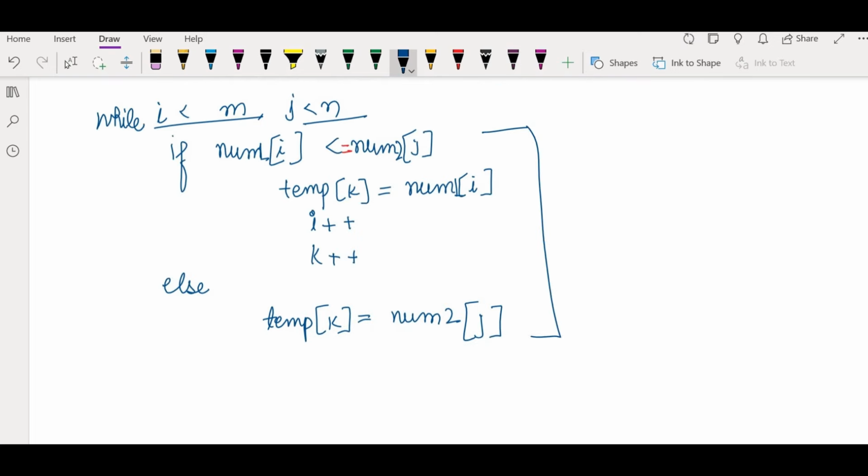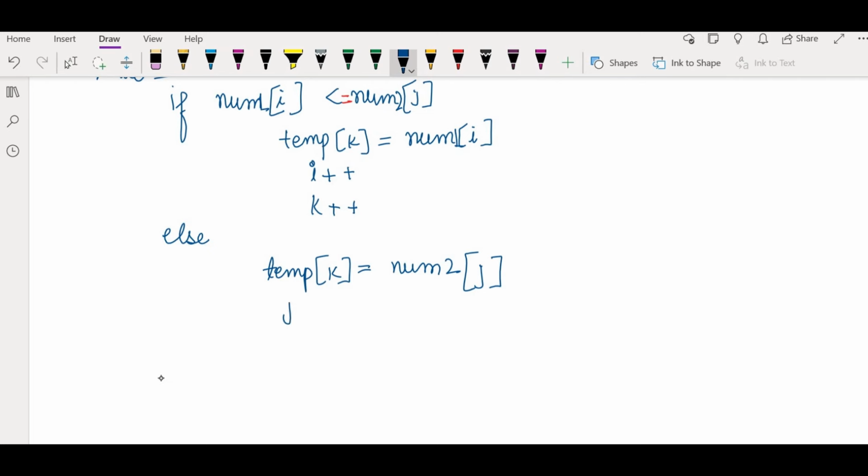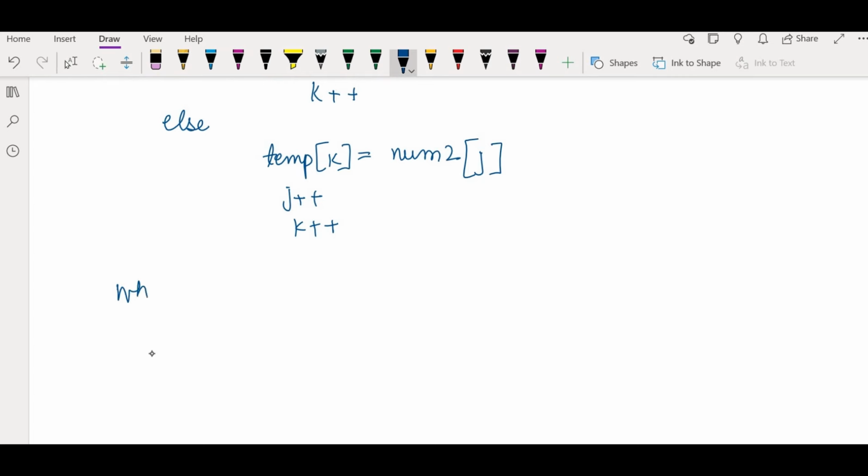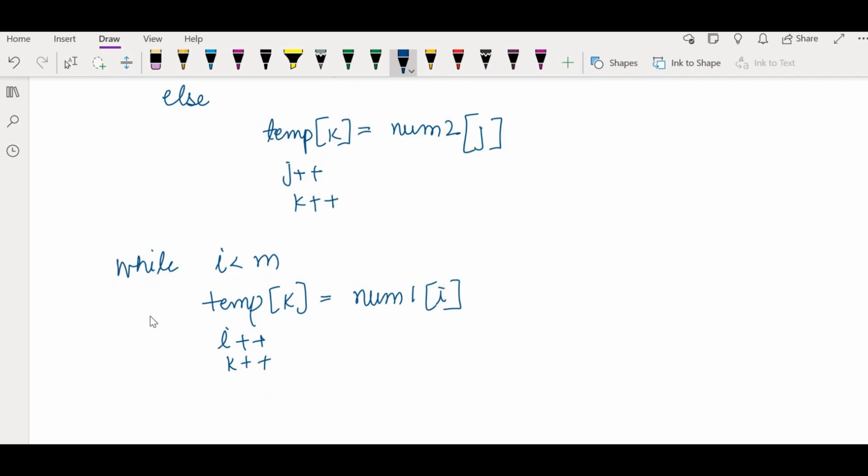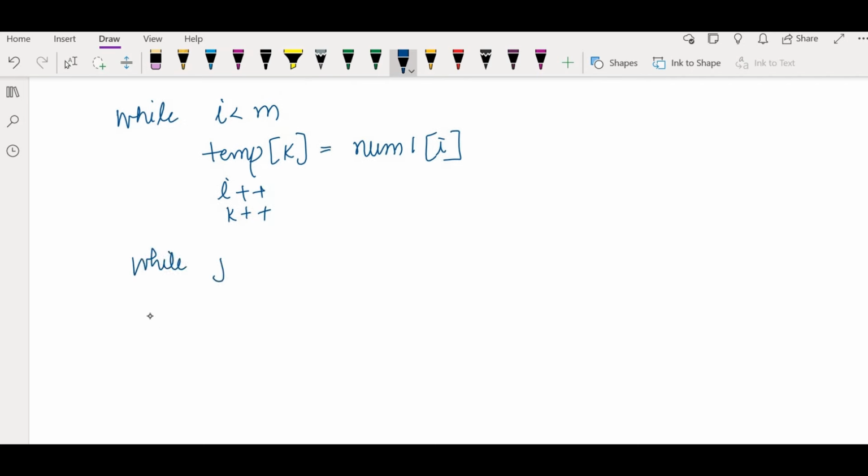So that means after this comparison we have done, what we have to make sure is both the arrays are empty. If any array is having any value, we have to simply copy it to k. So what you have to do is write here: while i is less than m, simply temp of k equals num1 of i. I'm writing a rough code, okay? You should understand only the logic part, so that you can write the code yourself also. And then while j is less than n, temp of k is equal to num2 of j